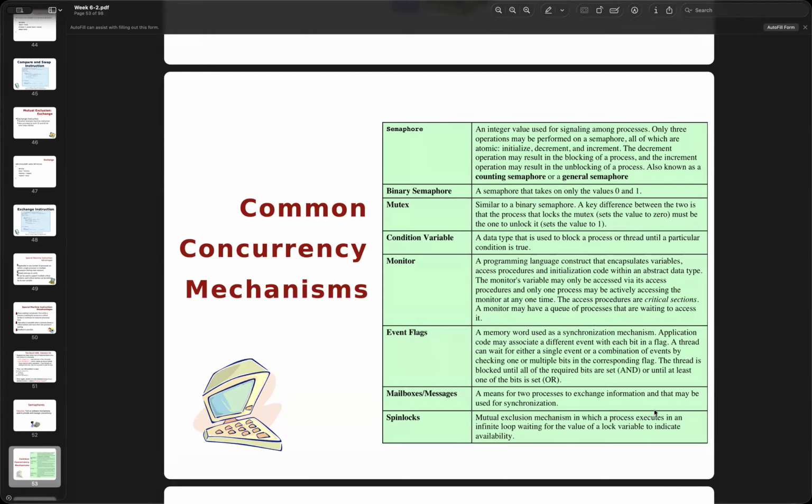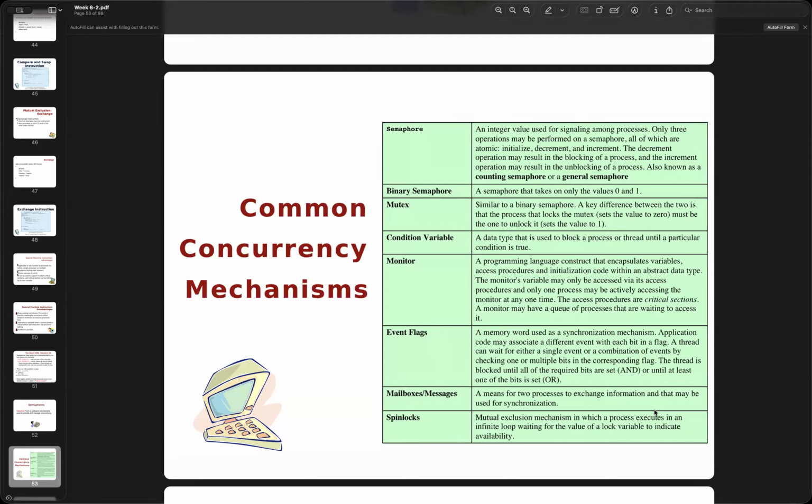A thread can wait for either a single event or a combination of events by checking one or multiple bits in the corresponding flag. The thread is blocked until all the required bits are set, or until the last of the bits is set. So just know we have events.